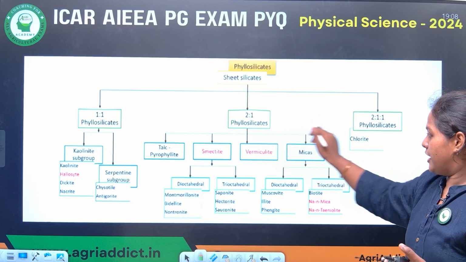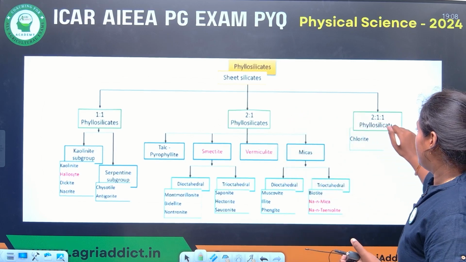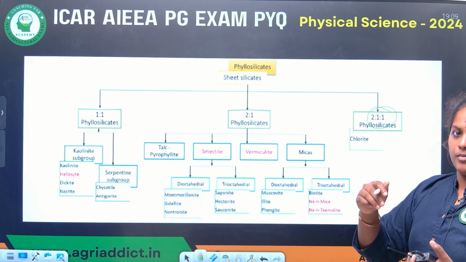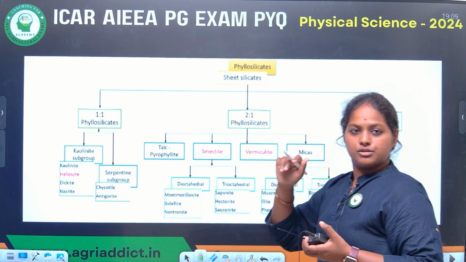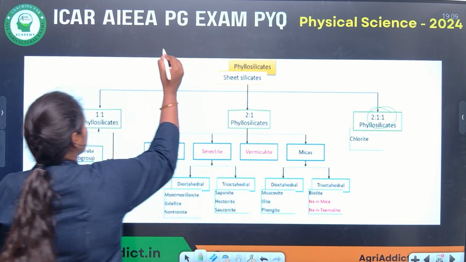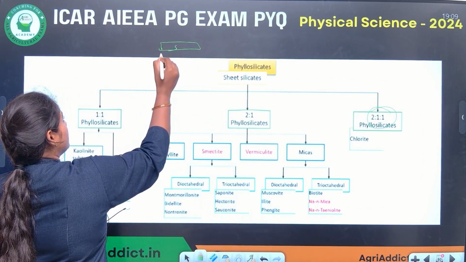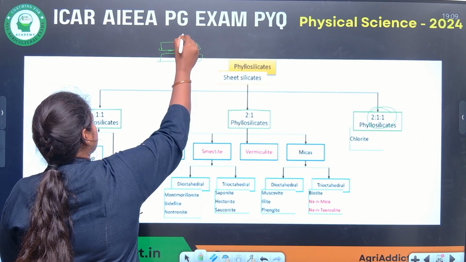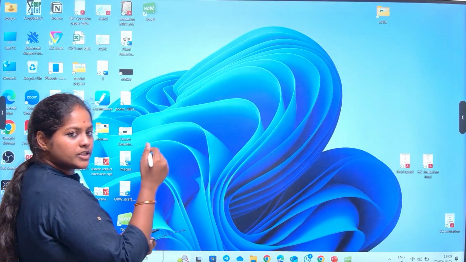2:1, again there are different groups under 2:1. 2:1:1 is another phyllosilicate. Most common example is chlorite. What is this 1:1, 2:1? 1:1 means one silica tetrahedra and one aluminum octahedra embedded like this. This is 1:1. 2:1 means,